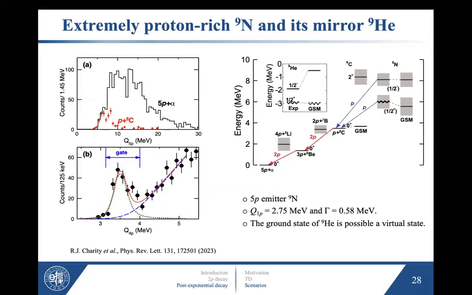Of course, experimentalists have done some measurements on this nitrogen nucleus, and they found that the ground state has a 1 proton decay energy around 3 MeV, and its decay rate is like 600 keV. So it is compatible with each other, and might help us to pin down this non-exponential decay. There are also some theoretical calculations done by George and Vitek using gamma fusion models to produce this energy spectrum. In our case, we use our models to calculate the line shapes as well as the decay properties